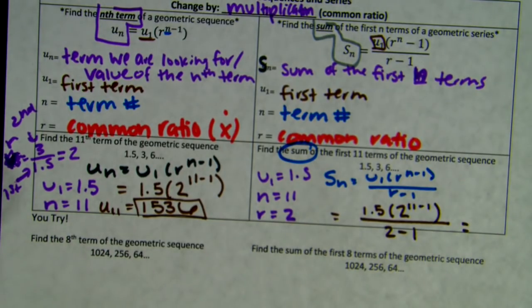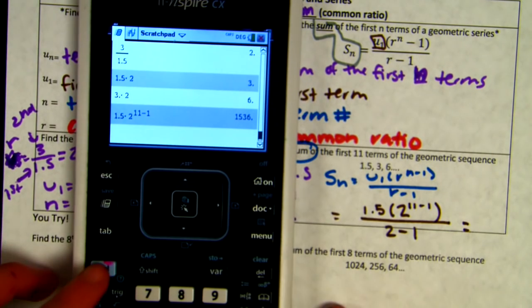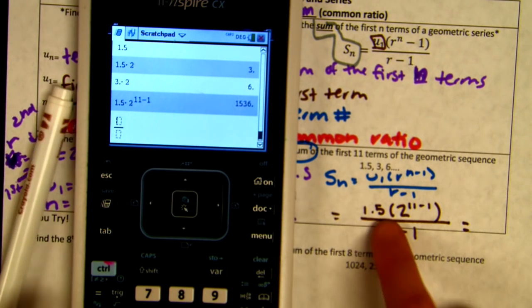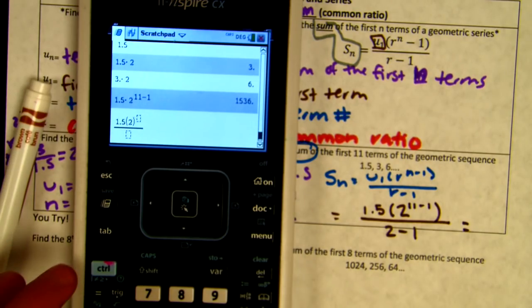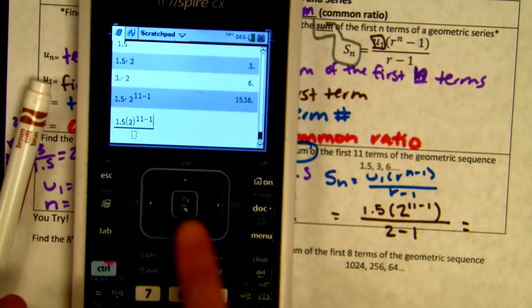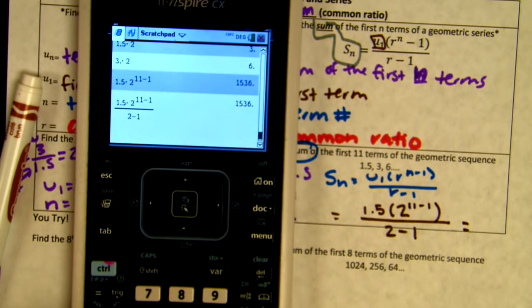So I can put that right into my calculator. I would set up my fraction bar first and say 1.5 times 2 to the power of the 11 minus 1 over 2 minus 1. That gives me 1,536, which